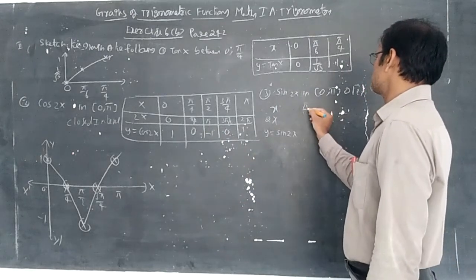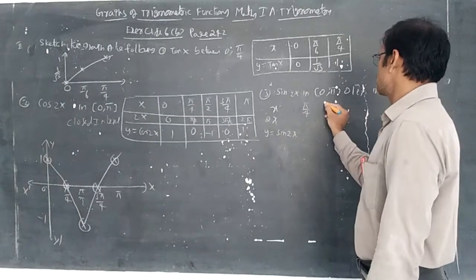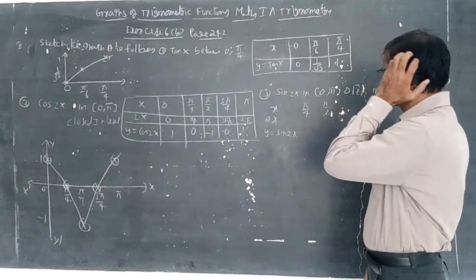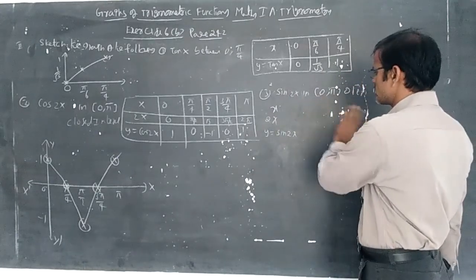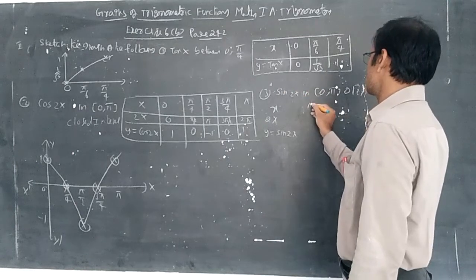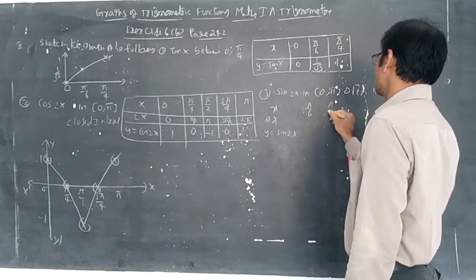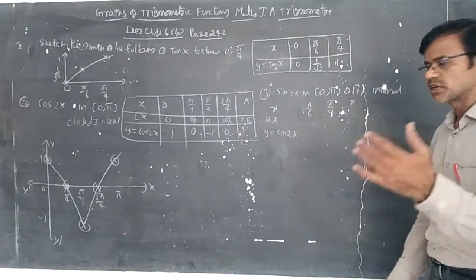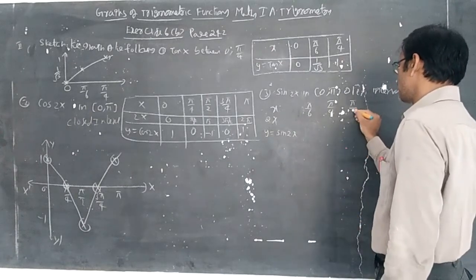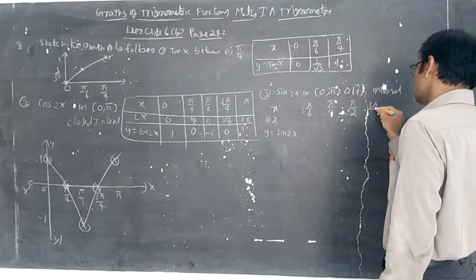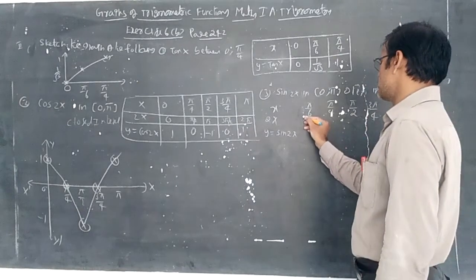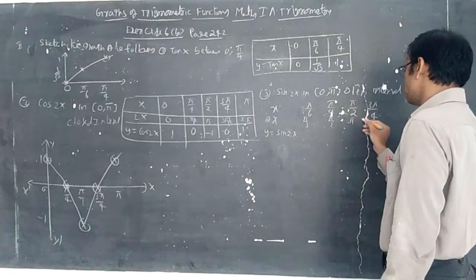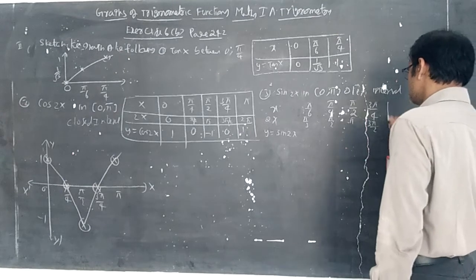So pi by 4, 45 degrees known values. Pi by 4, next pi by 2, next pi you should not consider. Only 2 values, so it is better to consider trigonometric table values. Consider pi by 6 and pi by 4, and pi means 180 degrees. So pi by 6, pi by 4, pi by 2 and 3 pi by 4. Enough. For 2x you multiply: here pi by 3, this is pi by 2, this is 2 pi by 2 meaning pi, this is 3 pi by 2.